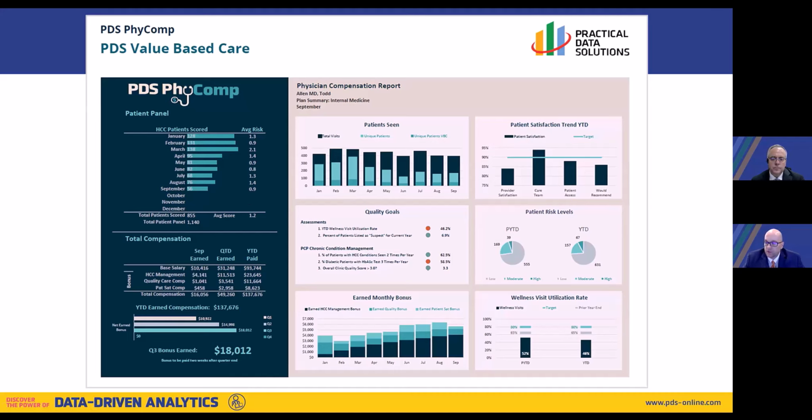It looks at the risk adjustment scores of these patients that they're working with, and it modifies a per member per month bonus that they have for managing their panel. They're also looking at and bonusing on quality metrics and patient satisfaction metrics, but really, what they're trying to do is make sure that they're getting all of their patients in and that they're providing a very high level of quality care, particularly for those patients with chronic conditions. And so you can see the patients who have had their HCCs scored and their risk adjustments calculated,